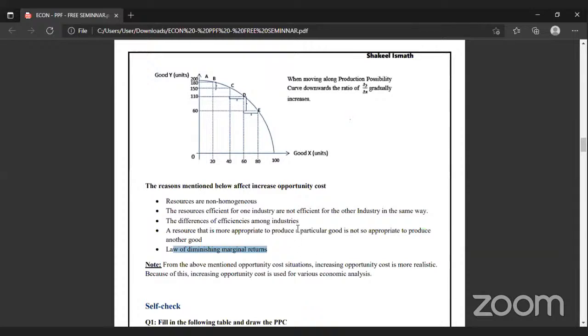So when I supply 1 plate of biryani, the first plate will be finished within 5 seconds, because you are hungry. Second plate, it will take time. Third, fourth, fifth, finally, the 6th plate, you will reject it. This is what we call law of diminishing. I'm just going quicker, yeah?